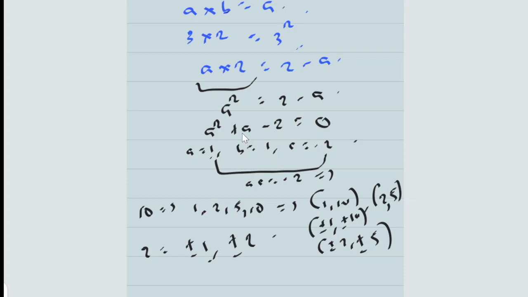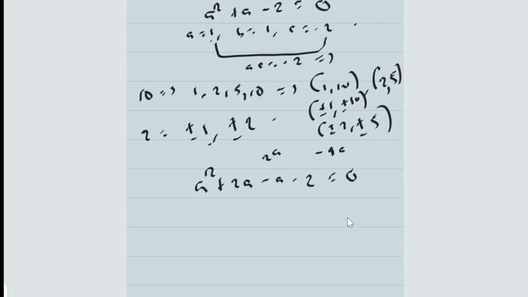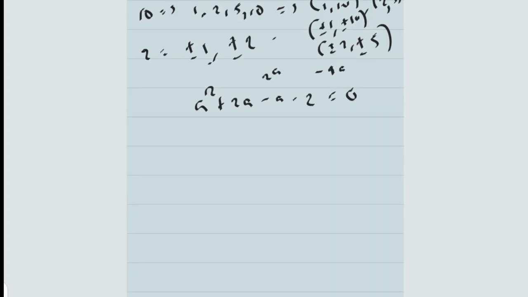Then you now substitute it here. Since our equation here is in terms of A, then you put A. So then I'm going to have A squared. You can refer to my videos on quadratic equation if you don't understand. Then you have A squared plus 2A minus A minus 2 is equal to 0. Then you now group them together. Okay, now let us group them in twos.